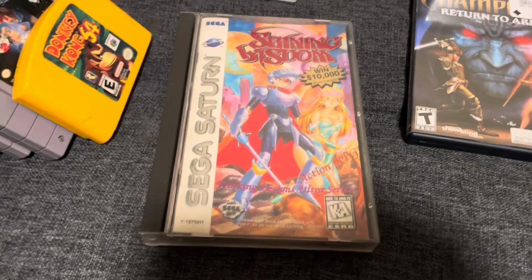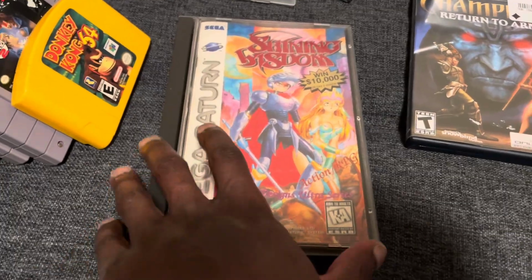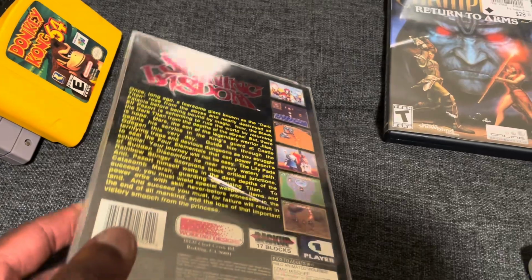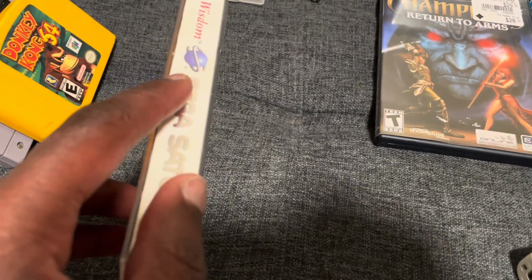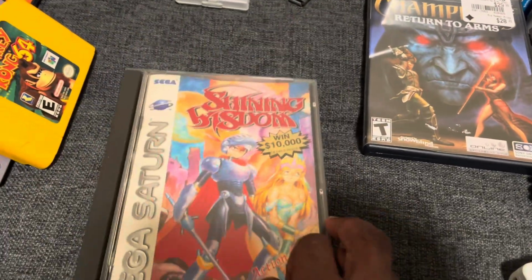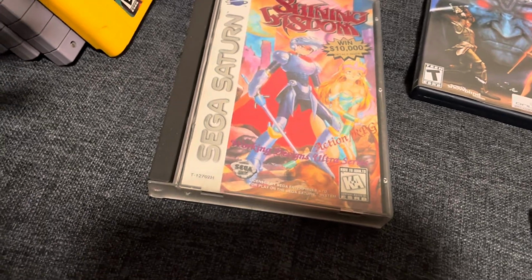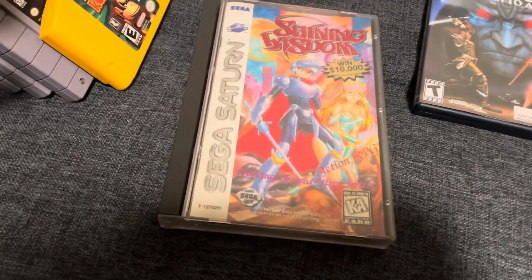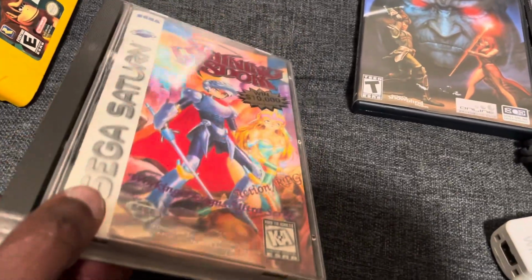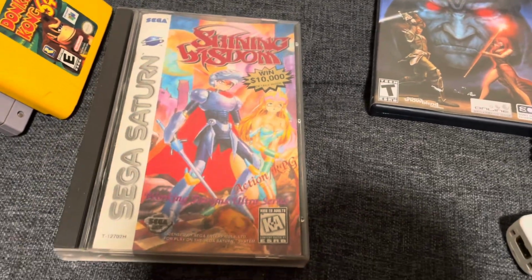This is not the cleanest copy of Shining Wisdom, but it is a copy of Shining Wisdom. I haven't tested it yet, but I have looked at the disc. The disc is in pretty good condition, probably an 8 to 9 out of 10, but the case and manual, I would say, are probably a 7 out of 10. You're probably not going to be able to pick up the full effect of the condition on the camera. The camera will probably make this look better than it actually is, but I would say it's probably a 7 out of 10. Either way, this was a really interesting Working Designs game